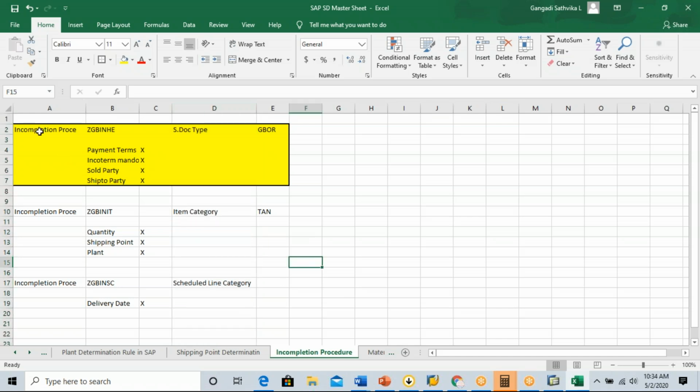Okay, coming back. Like this, we can define different incompletion procedures, and we can assign these incompletion procedures to the sales document type, item category, and the schedule line category. The standard schedule line categories are CP and CM. The standard schedule line category is CP. It is for, if CP is available in the sales order, for example,